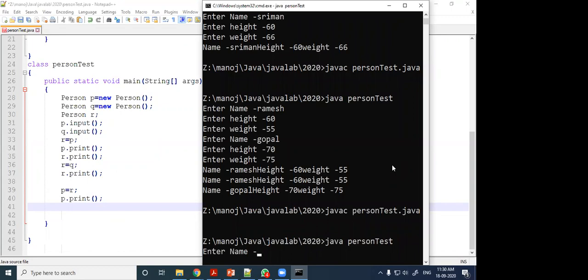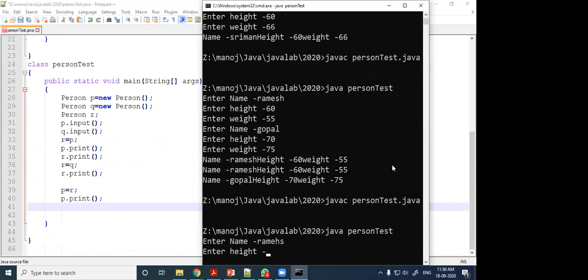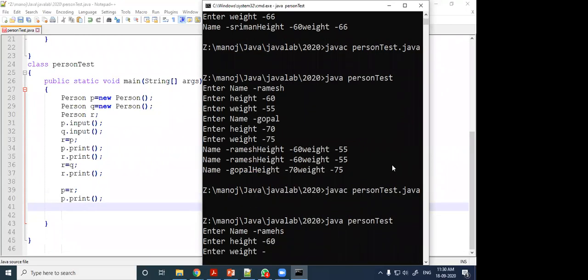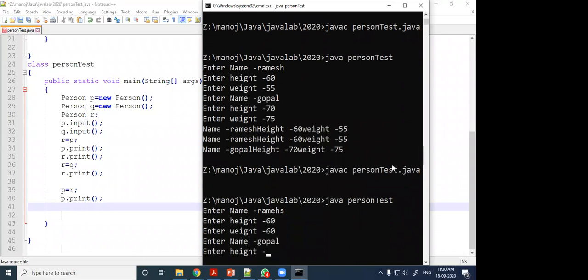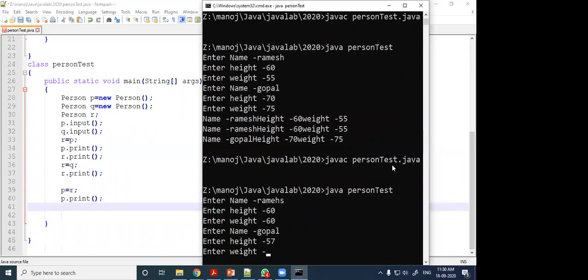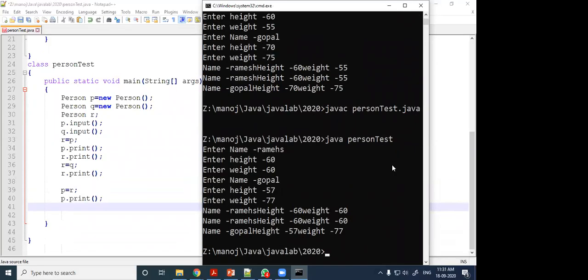Suppose Ramesh, height 60, weight is 60. Gopal, height is 57, weight is suppose 77. Okay. Then how many printed? I have written P, R, R, P dot print.